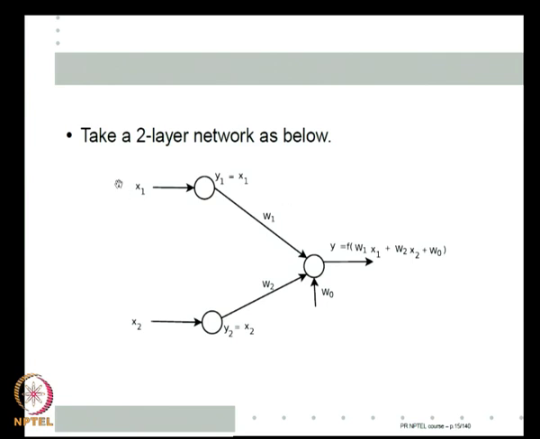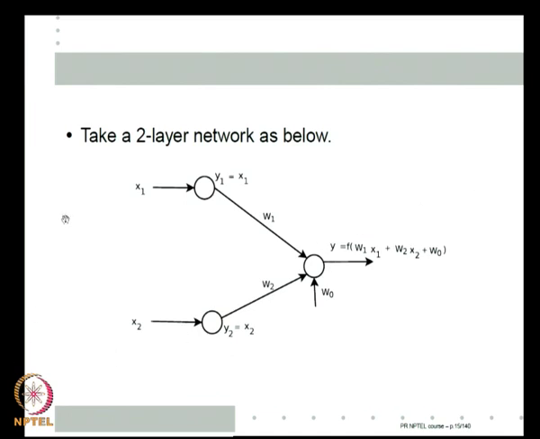In the same way, suppose x1 is 0, but x2 is 1, once again y should go up. So, w2 should be sufficiently positive, so that if the net input is simply w2 plus w0, f of w2 plus w0 should also be sufficiently high. So, w2 should also be positive and high enough to overcome the negative w0. I need w0 to be negative because when both of them are 0, I need y to be 0. So, given this, if both x1 and x2 are 1, now I get both w1 and w2. w1 plus w0 itself is enough to drive my sigmoid towards 1.